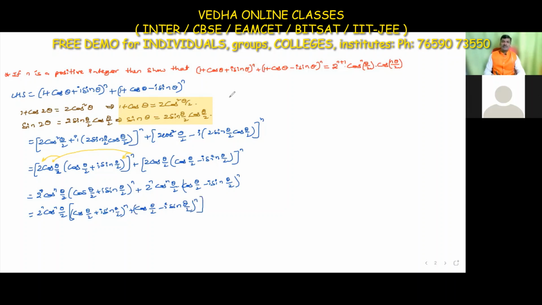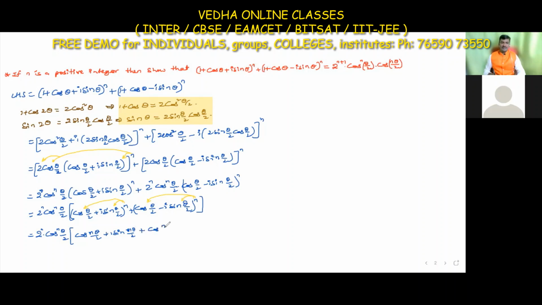Okay, so now according to De Moivre's theorem, we write n in front of the theta by 2. Now applying De Moivre's theorem here, this is equal to 2 power n into cos to the power n theta by 2 into, by applying De Moivre's theorem, cos n theta by 2 plus i sin n theta by 2, plus